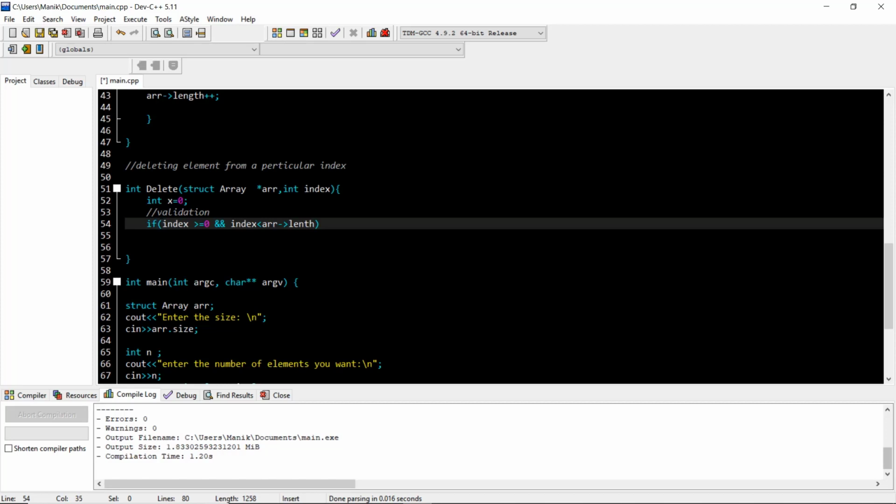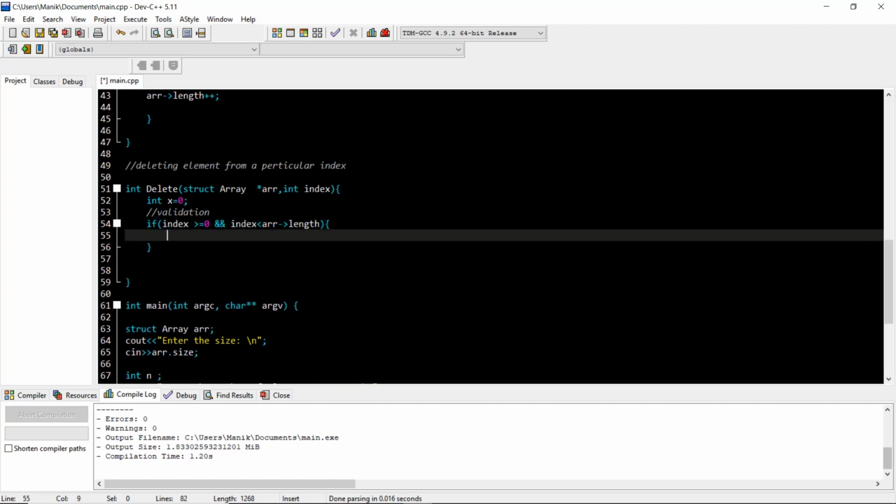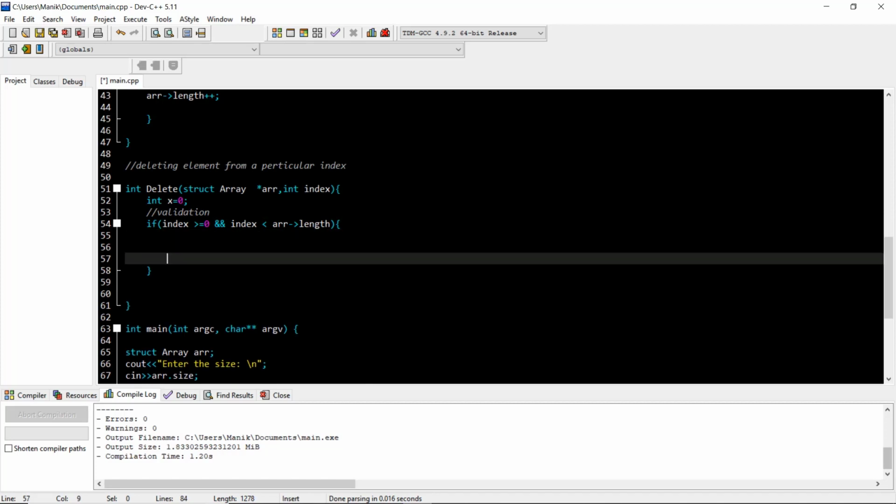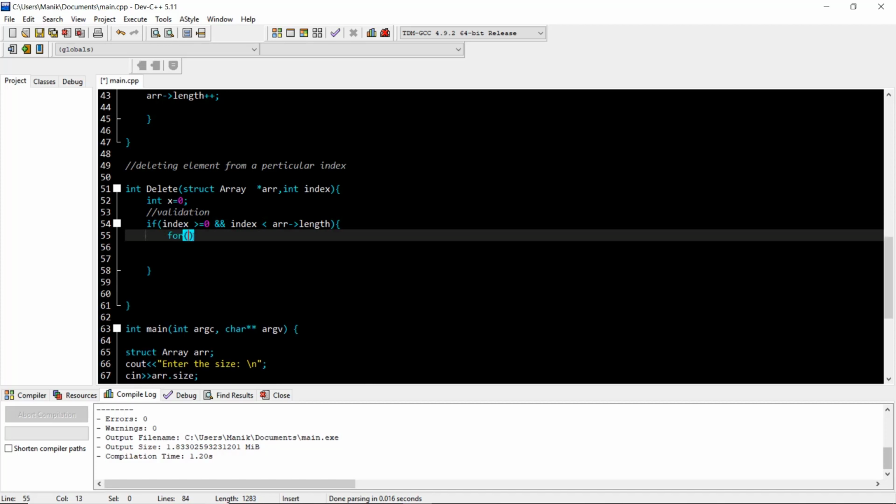Okay, so these are the two validations that we need to perform. So now you can see it better. This is the validation that we need to perform, and what for loop do we need to make?